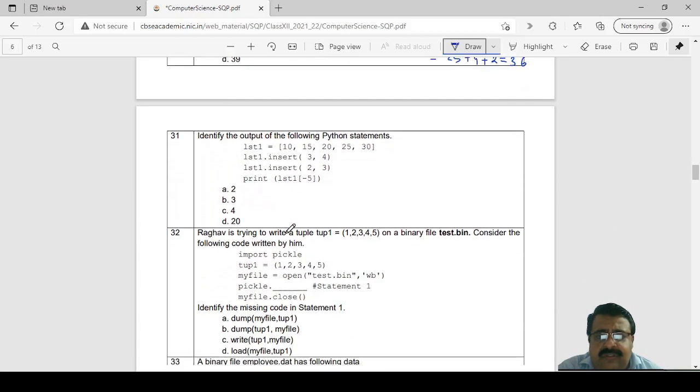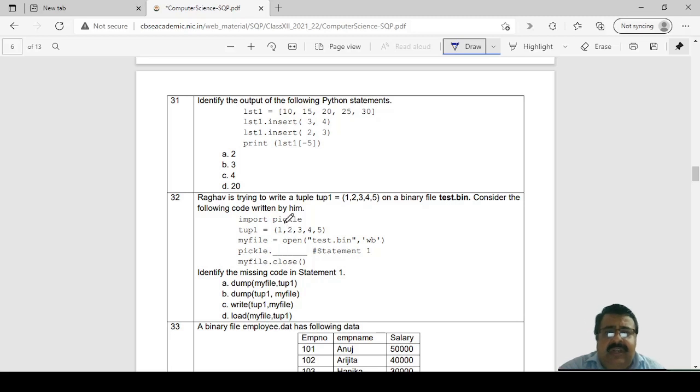Next question. Identify the output of the following Python statement. So initially the list is 10, 15, 20, 25 and 30. The indexes are 0, 1, 2, 3 and 4.